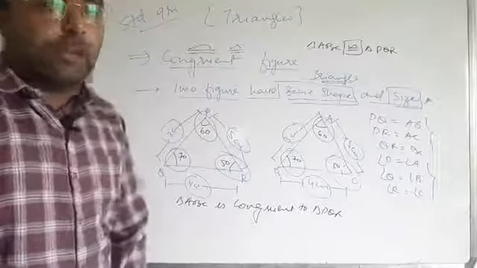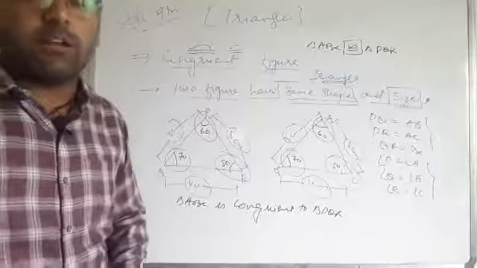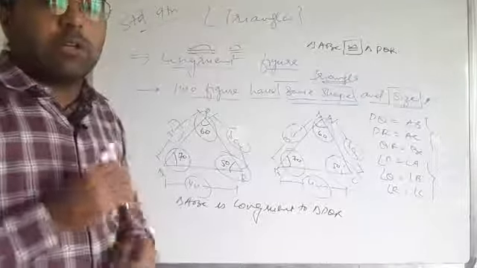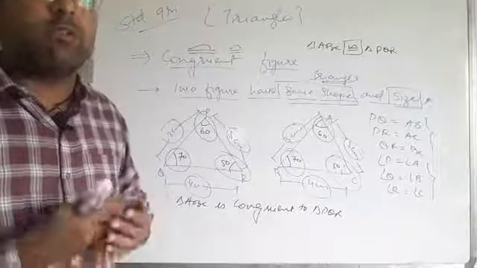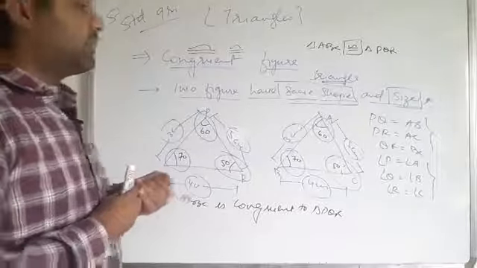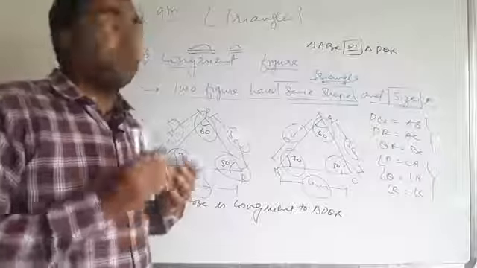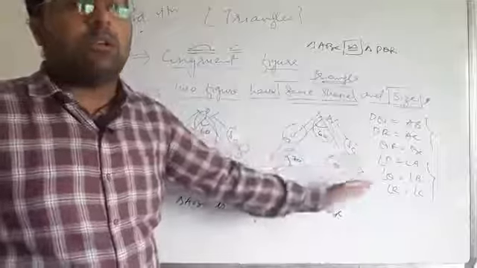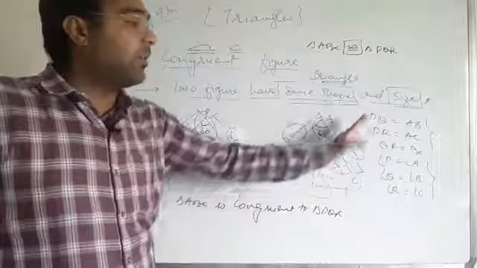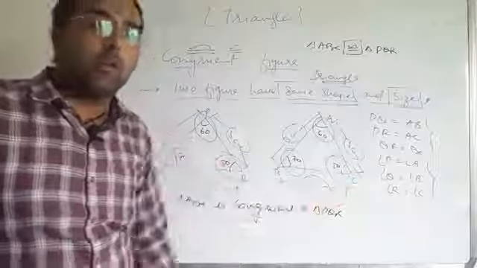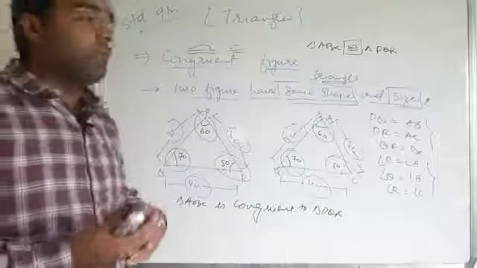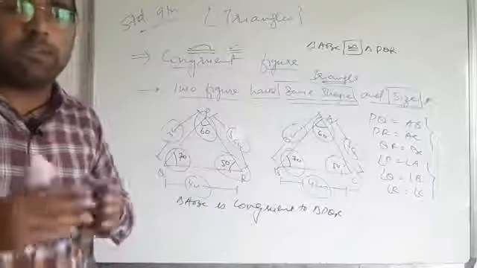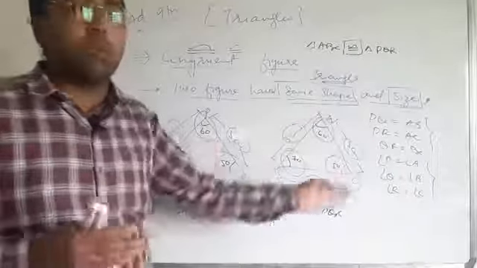Clear? Now we have to see that there are different kinds of congruency. Here is the first question for me and you: here all sides and all the angles are given as equal. Okay, all the sides are equal and all angles are equal. Can we always go for all sides and all angles? Can we check all sides and all angles every time?